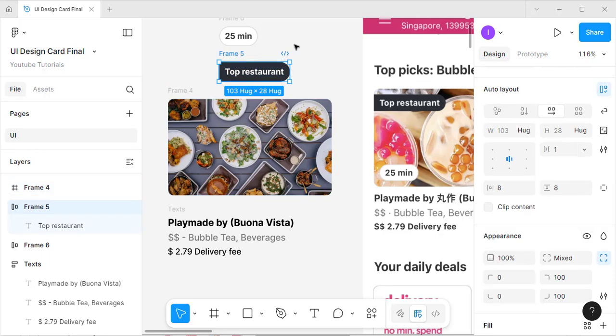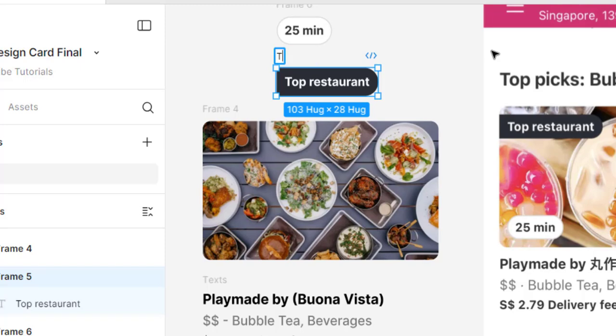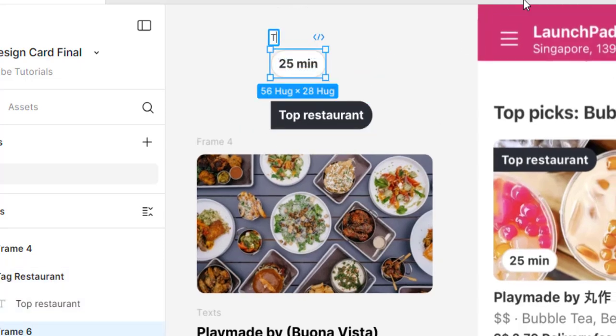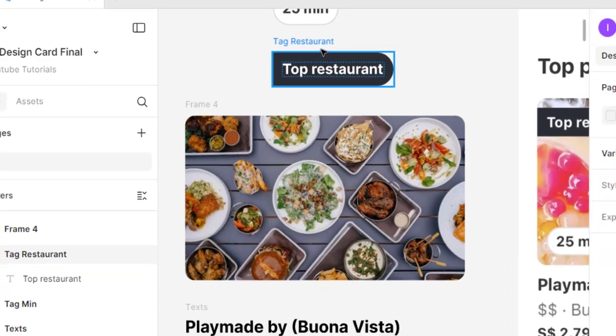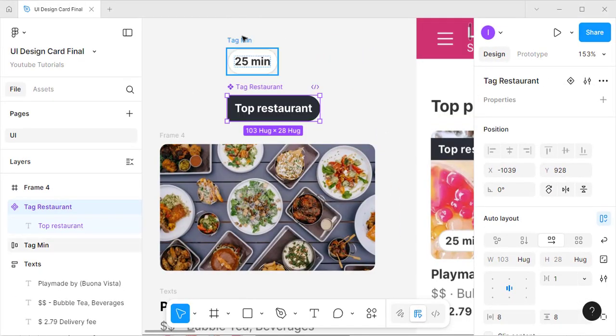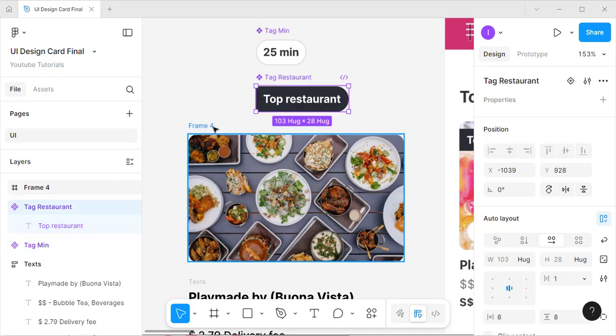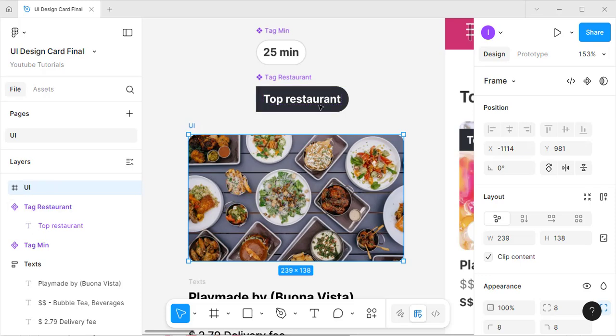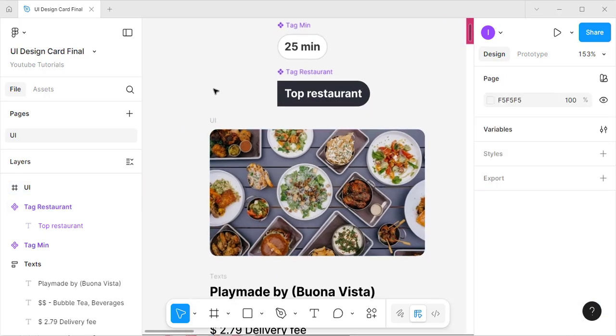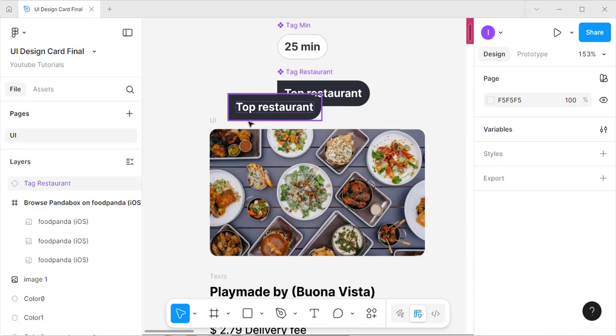Let me rename this one to, let's say, tag restaurant, right? And here I can say tag and minutes or something, right? So I'll make this one a component and this one a component as well, right? And here I will go and press Control C to copy. I will say UI here, and what I copied I will paste here, and I will drag this till here